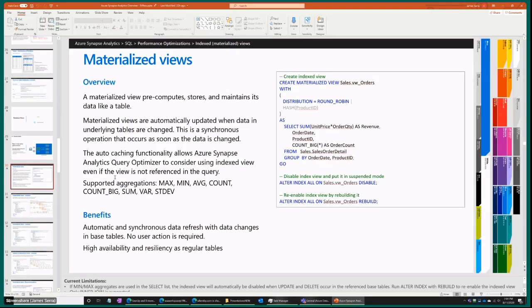So the idea is, I can create views, and that's just to create an abstraction layer, because views can hide the complexity of having to join multiple tables together. But they don't give you any performance benefit. Well, materialized views do give you performance benefit, because what they do is they take a copy of that data